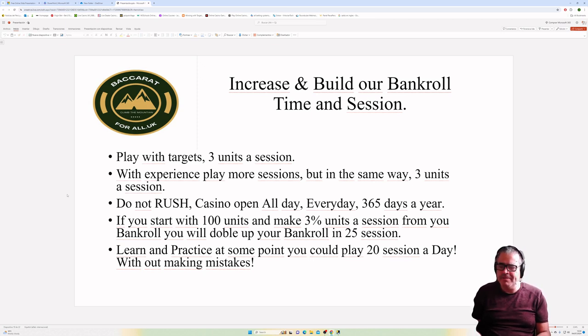Because you are starting, you can go for less. Basically, you need to understand that if you play three sessions and every session you make 3 units, you are making 10 units. So you can increase your bankroll every 10 days. If you make 3.3 sessions a day, it's like 10 units. So at the end of 10 days, you have 200 units, and you will not invest so much time, and you will see there is not too much risk.